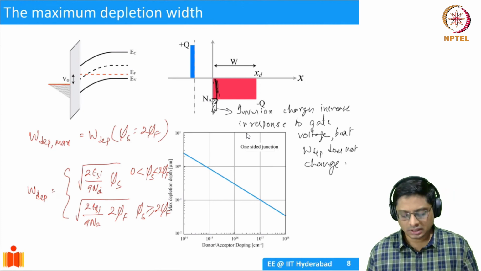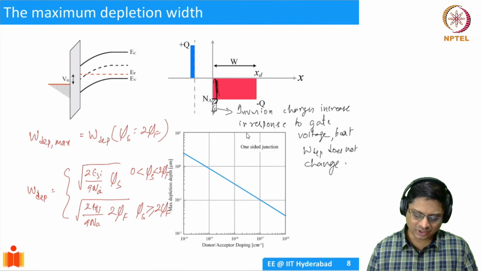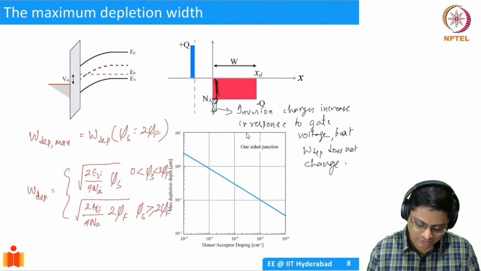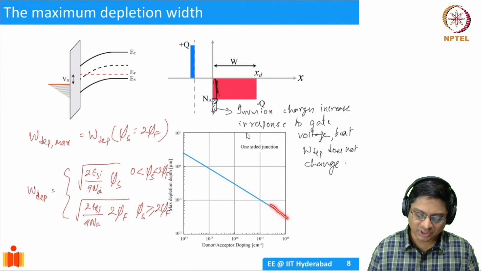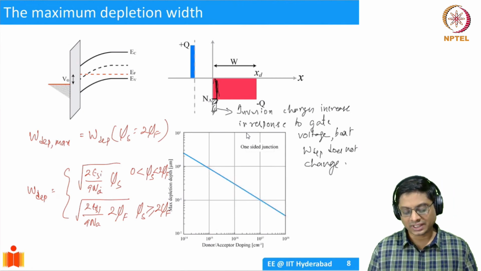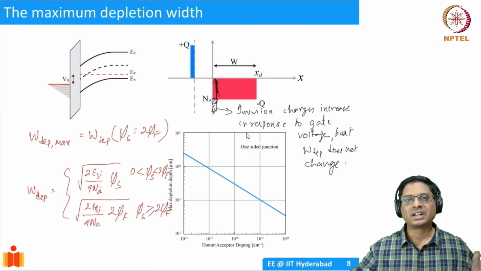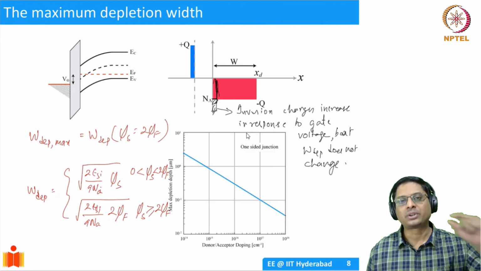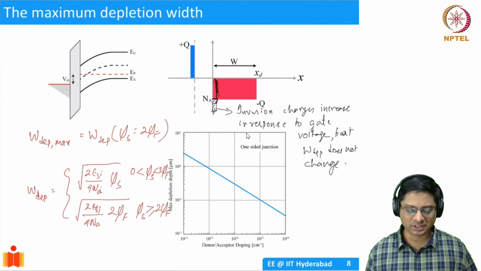Okay. And I just calculated the maximum depletion width for various concentrations. What I want you to take home here is that the depletion width is only about, I would say, 0.1 to 1 micron typically, or even lesser sometimes, maybe even 0.05 microns, 50 nanometers, to about 1 micron. Okay. So that is the depletion width that you can have for typical doping concentrations and not more than that. So we will have a 500 micron semiconductor wafer, but only the top micron is where most of the physics is happening. So it's like a purely surface phenomenon.